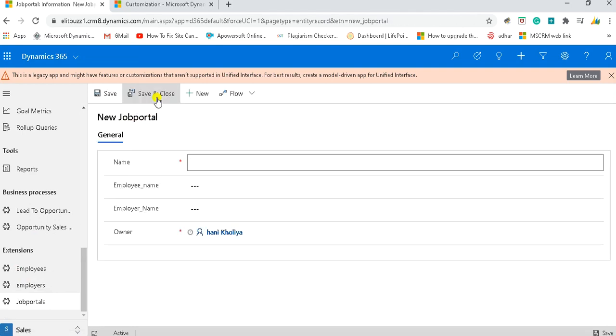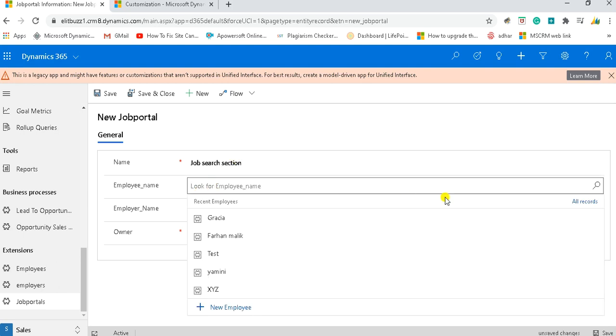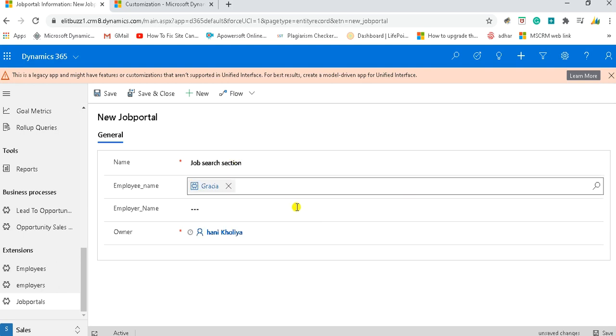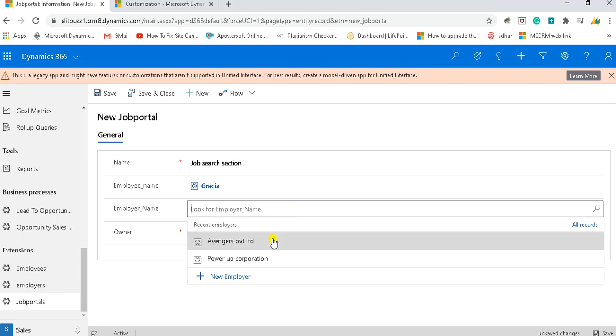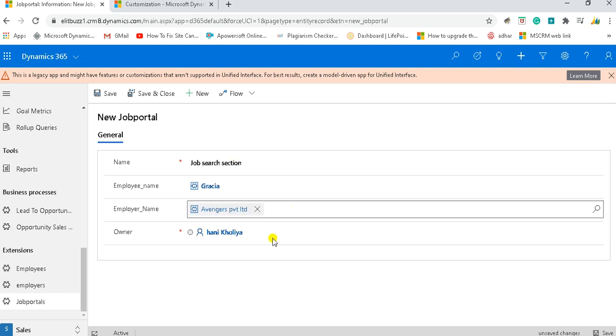So if I'll try to create a new record in this job search section. Here I can select the employee name as well as I can select the employer name.